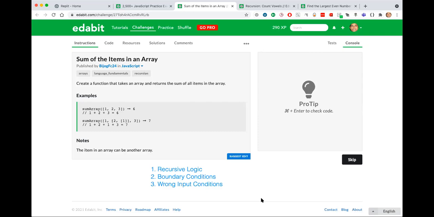If the array is empty, then I return maybe, let's say, 0. Or else I keep on doing some operation. What is the recursive logic, guys?